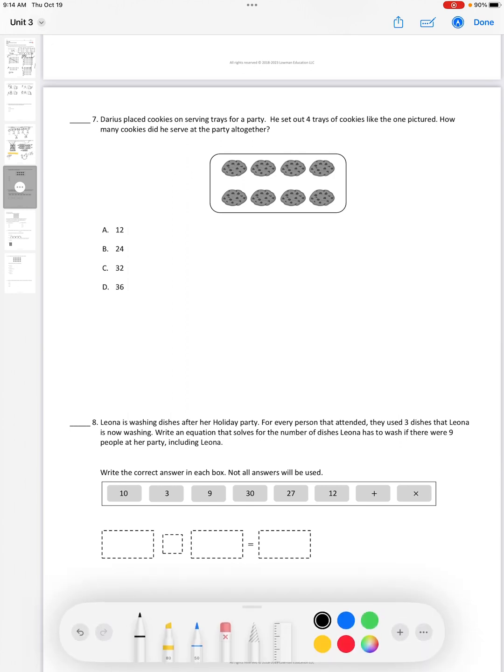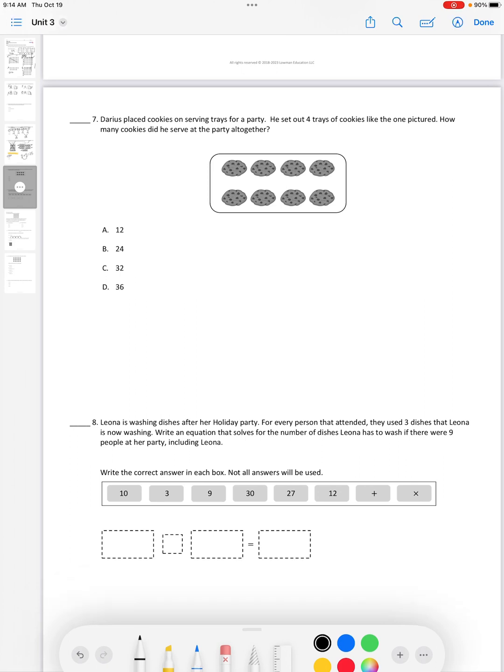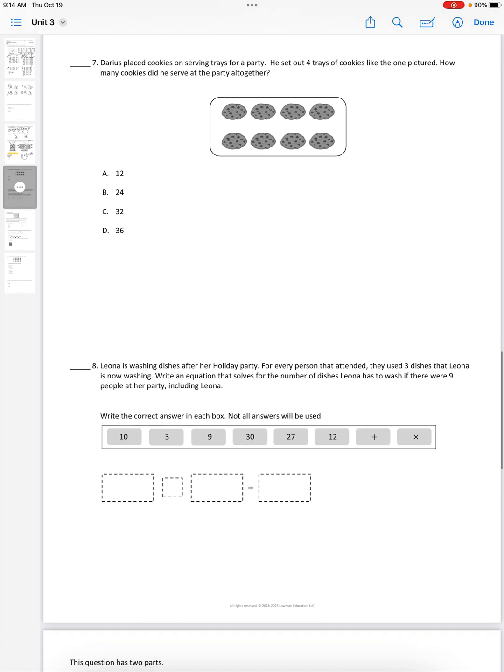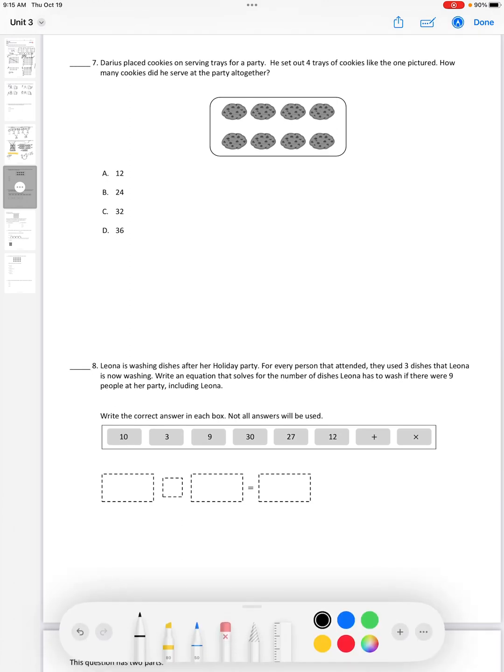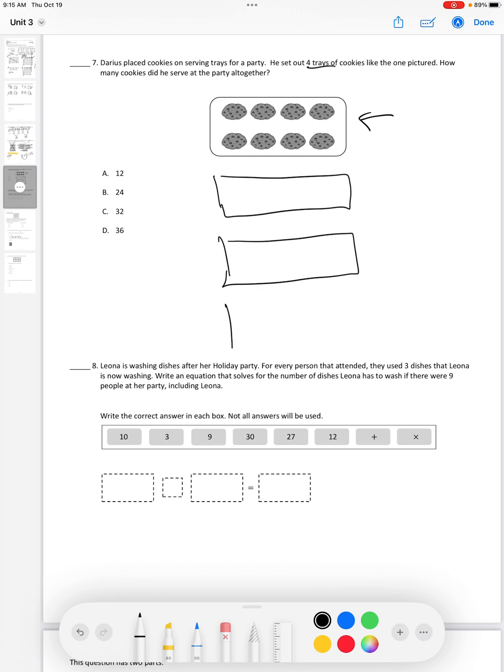Problem 7 says Darius placed cookies on serving trays for a party. He set out 4 trays of cookies like the one pictured. How many cookies did he serve at the party altogether? So this right here represents just one of the trays, but I know if I go back in the problem it says there are 4 trays. So I want to draw and represent all 4 trays